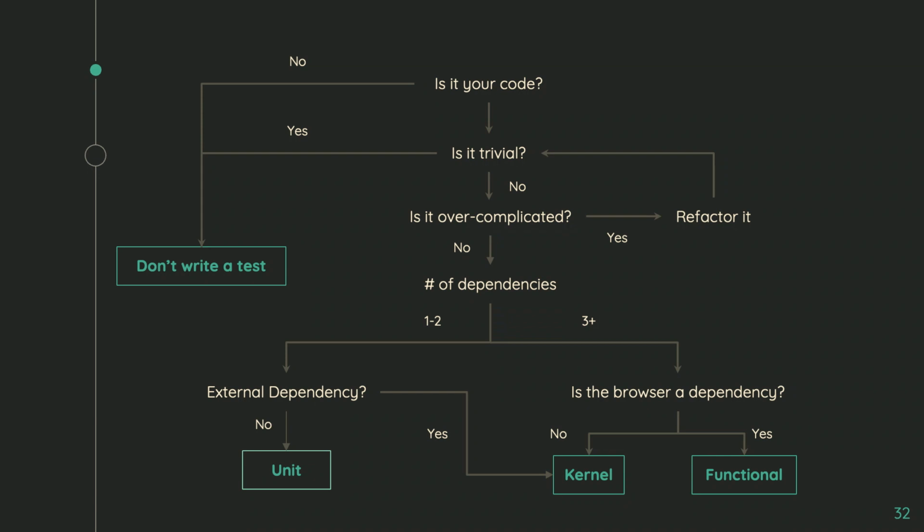Is the code overcomplicated? I'm going to refactor it. Do I refactor it from overcomplicated to trivial? I suppose it can happen. I've never done that, but I suppose it can happen. Then you could never write a test again, right? Everything is so simple. Refactor everything out. So now I've refactored it. Again, overcomplicated means you have a huge function with lots of conditions and a lot of dependencies. That's code that's overcomplicated.